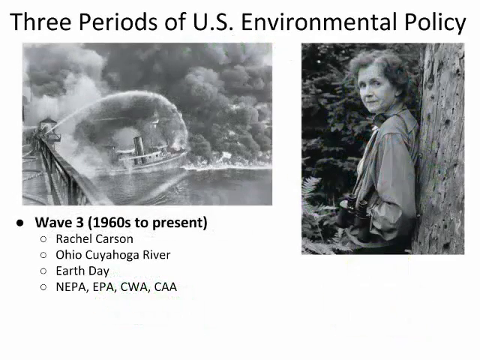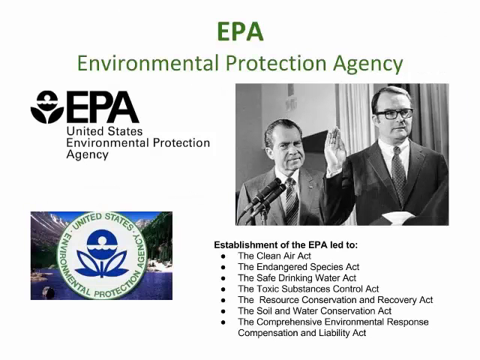The third wave of U.S. environmental policy saw the creation of the Environmental Protection Agency, abbreviated EPA, and the creation of key environmental legislation such as the National Environmental Policy Act, abbreviated NEPA, the Clean Water Act, and the Clean Air Act. The creation of the EPA by President Richard Nixon in 1970 marked a shift in environmental policy and ushered in an agency charged with regulating water quality, air quality, solid waste, and other environmental issues.